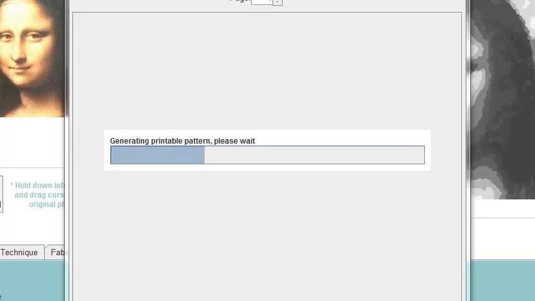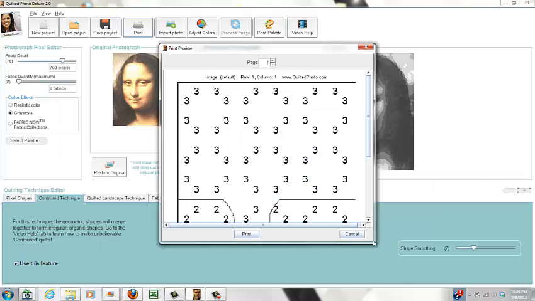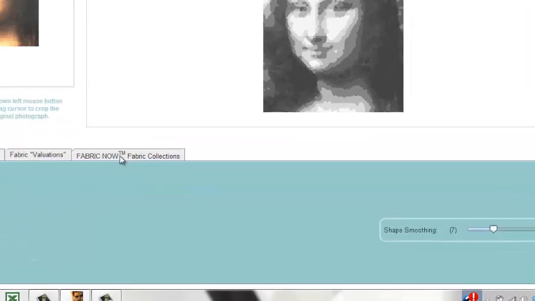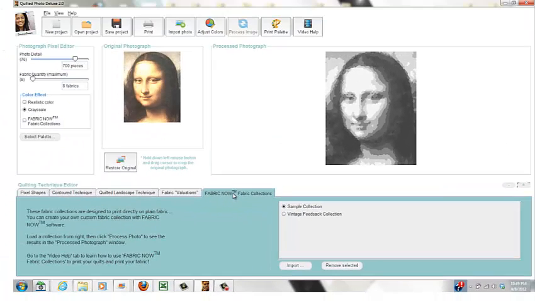Again, it is working very hard, so you have to be a little patient, but good things come to those who wait. So let's just wait a moment, okay? So now you can see what the pattern looks like. I have these pieces that are grouped into larger pieces, and all the edges are rounded. So please download my PDF file, and it'll show you exactly how I